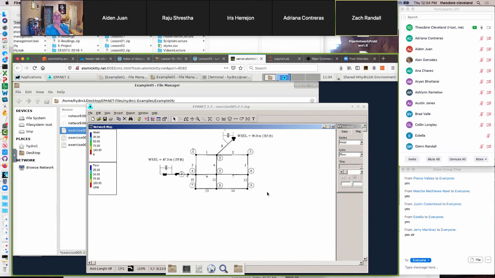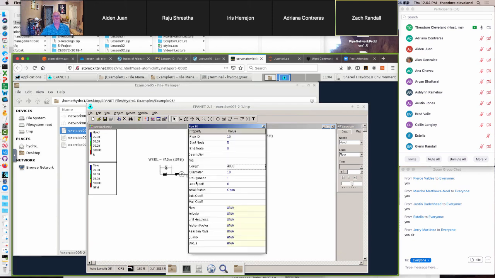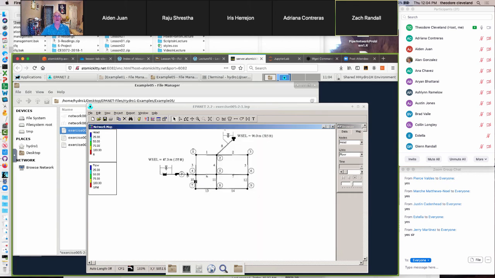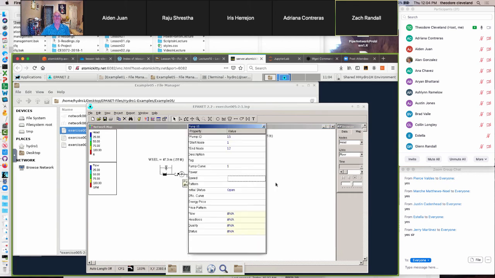So we have the same thing that is in the PowerPoint presentation, and it's already built. So we'll just pick pipe number 10, for instance. What had happened there is the analyst had taken the tabular values, drawn the network, and then gone back and entered the required length, diameter, and roughness coefficient. In this case, they're using a 1 instead of 0.26. And they entered the pump curve 1,